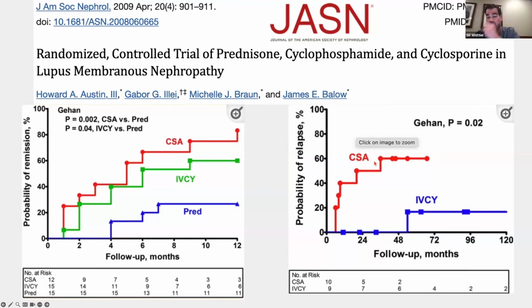nephritis. And of course, as we know with almost every cyclosporin or CNI-based regimen, at least with Prograf and cyclosporin, when you stop the cyclosporin, you're going to have a higher rate of relapse versus the IV cyclophosphamide, which maintained the relapse-free survival for much, much longer. And we would see this same sort of thing with Rituxan versus cyclosporin in primary membranous in the MENTOR trial. But again, we're trying to keep it focused on pure membranous lupus.